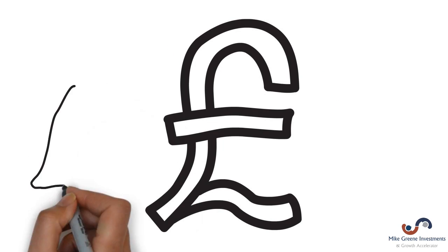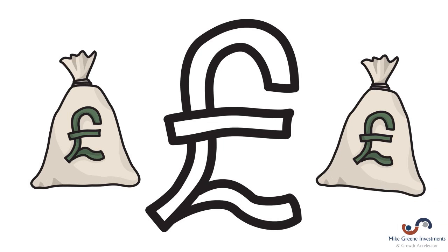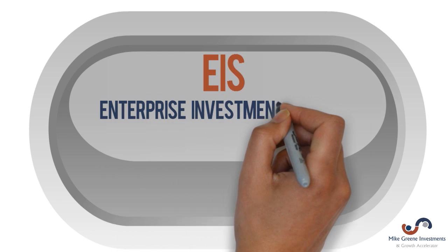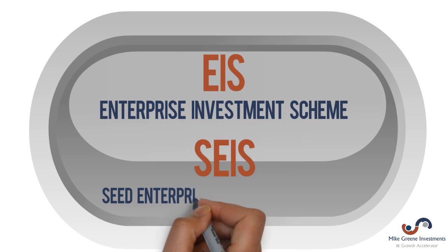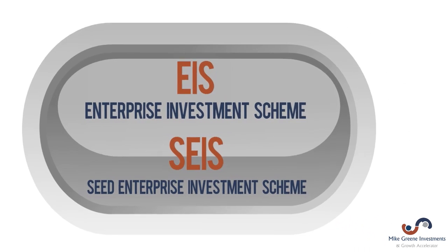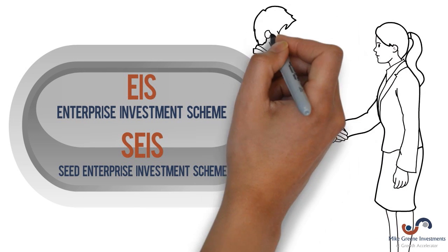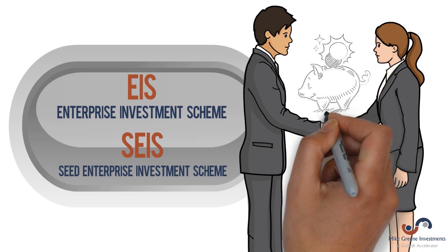Did you know that the UK is home to one of the world's most generous schemes for individuals looking to invest in early stage and growth businesses? The government created the Enterprise Investment Scheme, EIS, and the Seed Enterprise Investment Scheme, SEIS, to help smaller, higher risk companies raise finance by offering tax reliefs to investors that reduce their capital risk and make the upside as attractive